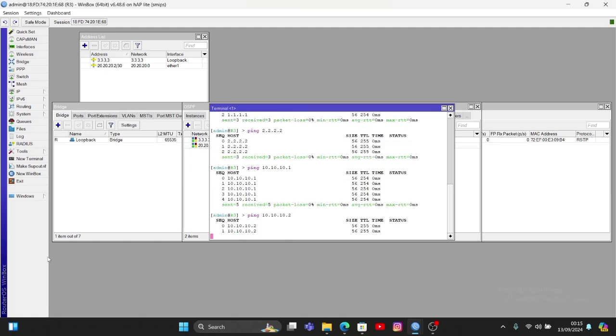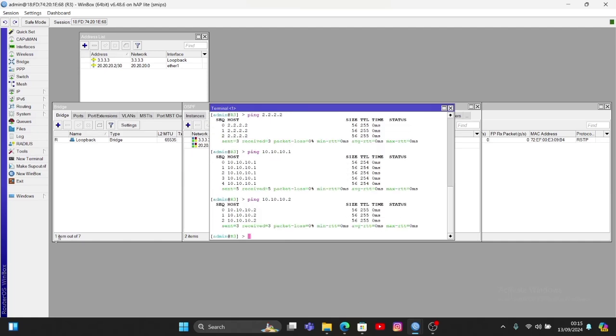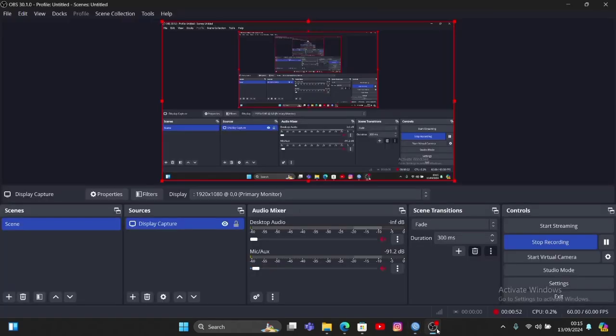I ping router 2 and it's success again. And finally guys, it's done, this is my tutorial. This tutorial is OSPF routing from a Cisco router and a Mikrotik router.